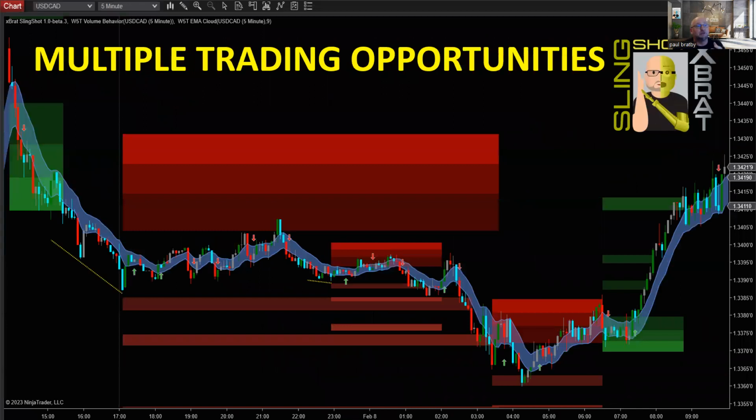So multiple trading opportunities, again, is one of my big criteria within a trading strategy. So in this point here, we get a trend failure. This is US dollar, Canadian dollar on the 5 minute. I've used stocks, futures, and Forex here just to show you. So we get a trend failure there, and we can go short. We obviously at this point probably take the profit when it comes out of the EMA cloud, but we're going to